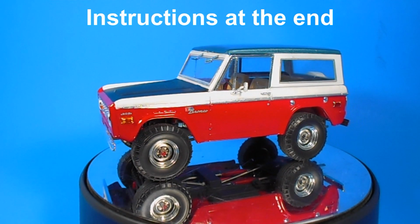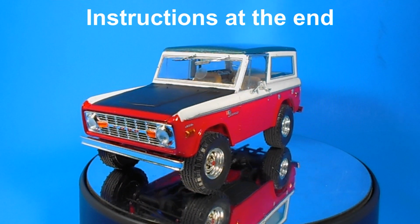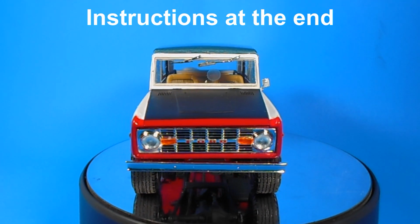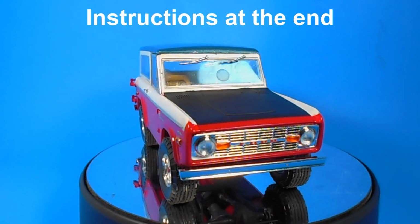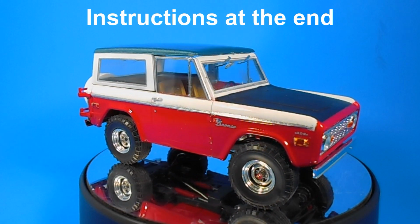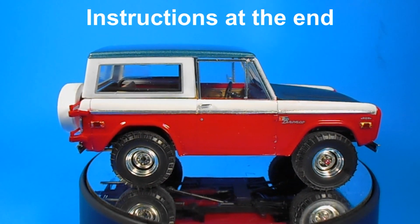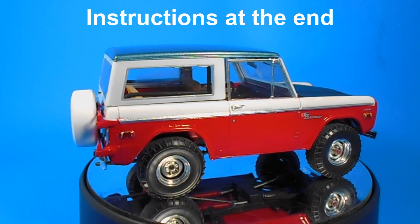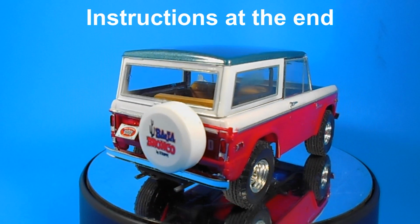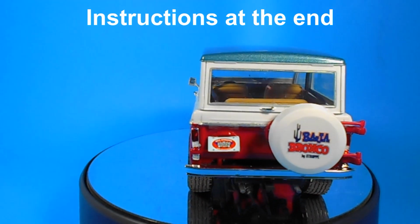Now, Ford helped create a legend in '65 when it sent a few Broncos to Bill Stroppe, who applied his racing and fabrication skills to the new four-wheel drive platform. This resulted in multiple off-road victories, and in '71, Ford announced the limited production Stroppe Baja Bronco edition with special badging and coloration. Revell rates this a skill level 5 because it requires multiple paints for the special scheme and